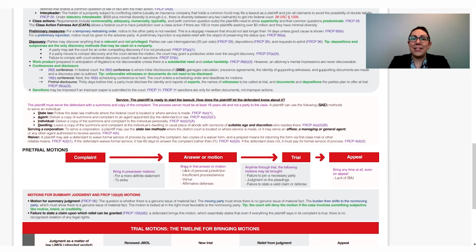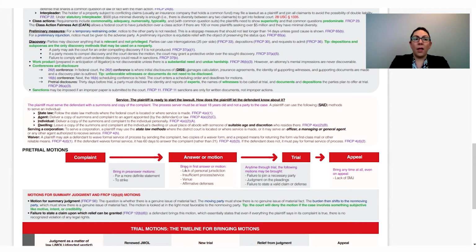There's 4 methods that could be used. Number 1, you can follow any method that the state allows. So even if you're in federal court, look to the state where that federal court is located. You can use any of that state's methods for serving process. Number 2, you could serve on the agent. So if a corporation has designated a resident agent to accept process, the plaintiff could serve the process to that